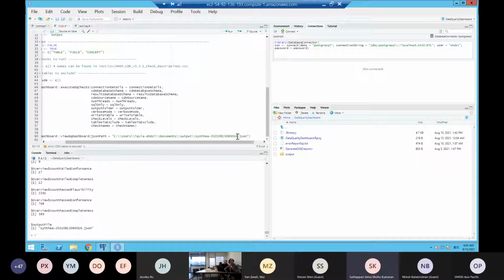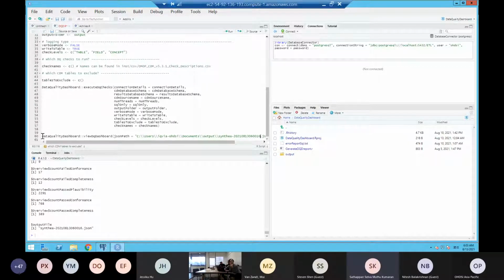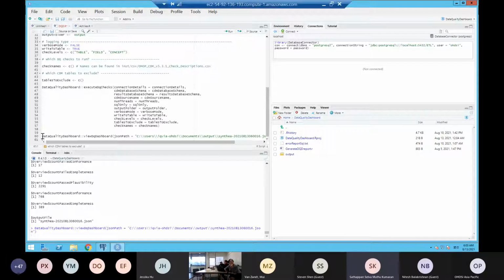So you can see I just replaced that numeric part with the recent output file name. The first alphabetical part is the same, Cynthia, but after the hyphen, just replace it with today's execution date .json, yeah, 2021 08 13 06 0016. And then keep your cursor there and press Control Enter,